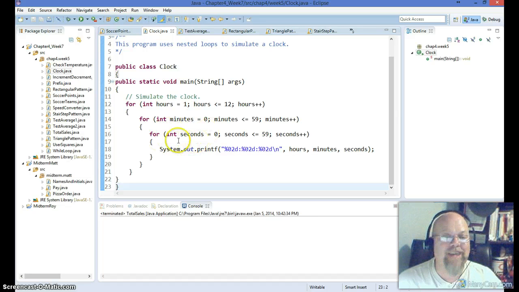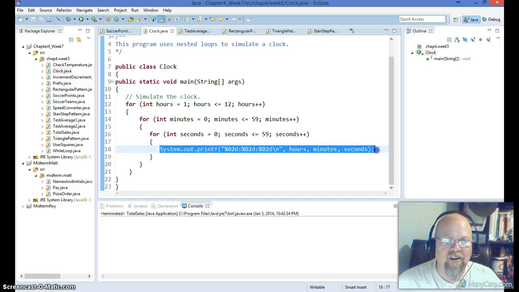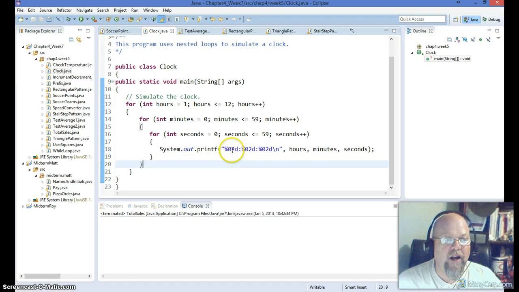So 60 times 60 is how many times it's going to take to get through this second loop. Then multiply that times 12. So 60 times 60 times 12. That's how many times this line right here is going to execute. Okay, and it's going to print out two decimal places, two decimal places, two decimal places: hours, minutes, seconds. So again, if you remember, this last %02d is the seconds, the next one is the minutes, and the first one is the hours. So if we run this, and it probably will run a little bit,